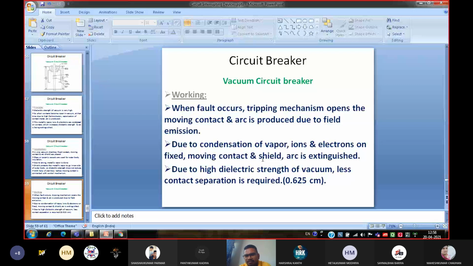The metallic vaporization is done. Now this metallic vaporization, and the ions and electrons which are produced in the arc due to the high field emission, all these three, that is metallic vaporization, ions and electrons, are condensed on the fixed contact, moving contact and shield. So due to the condensation of the vapor, ions and electrons on the fixed contact, moving contact and shield, the arc